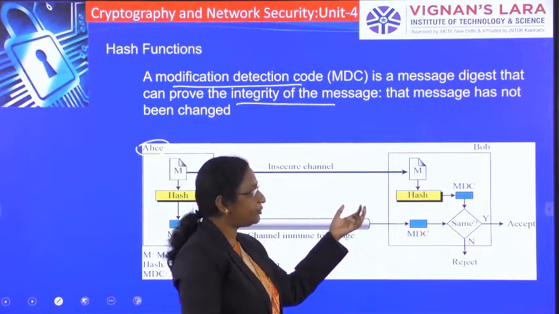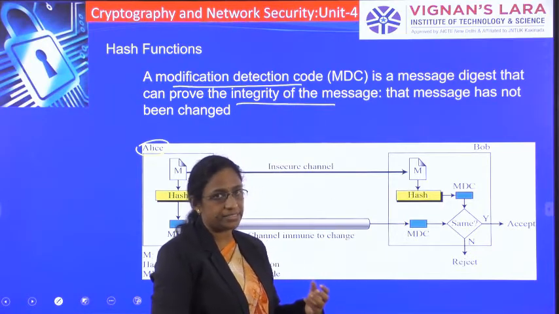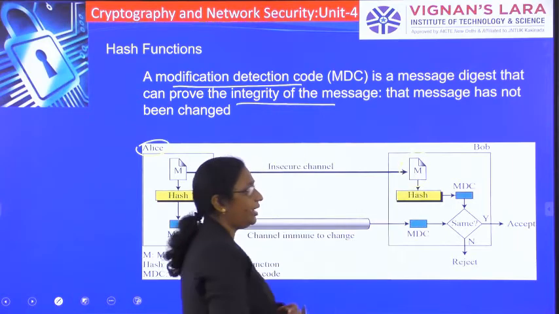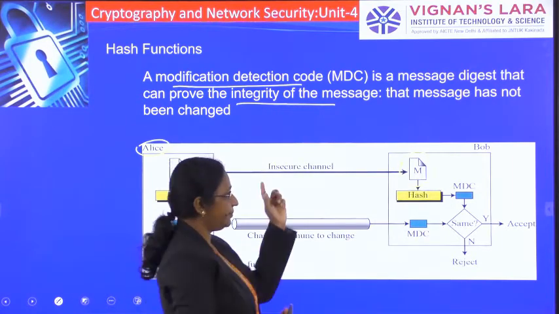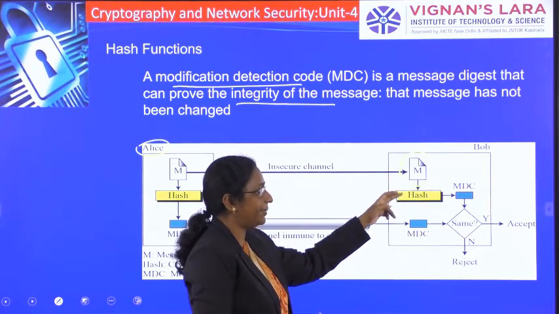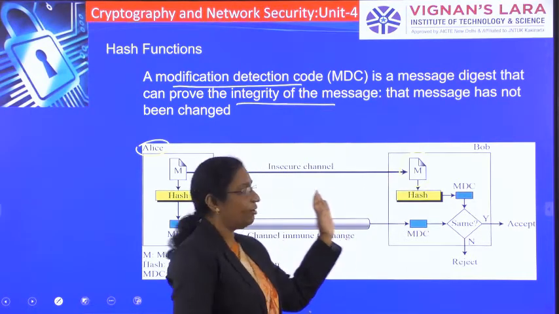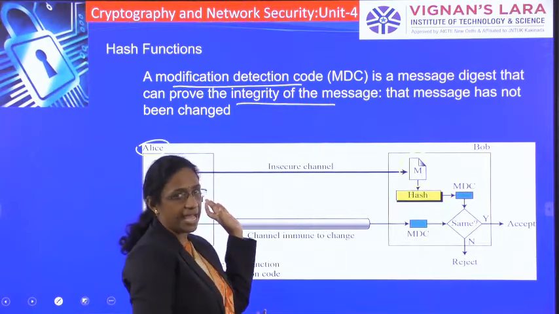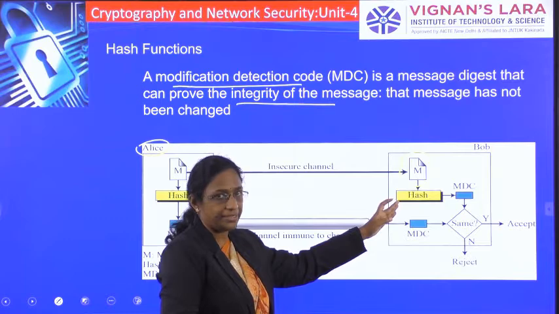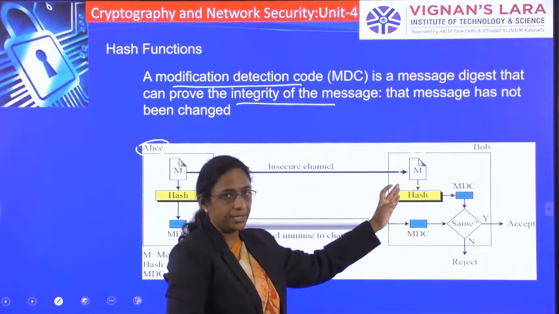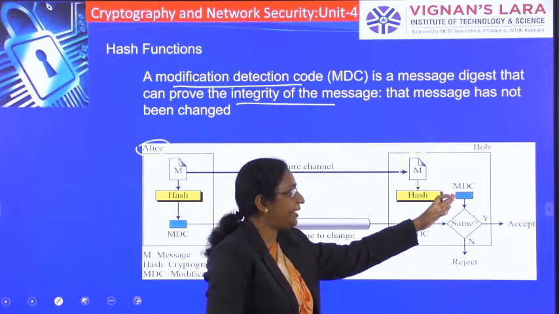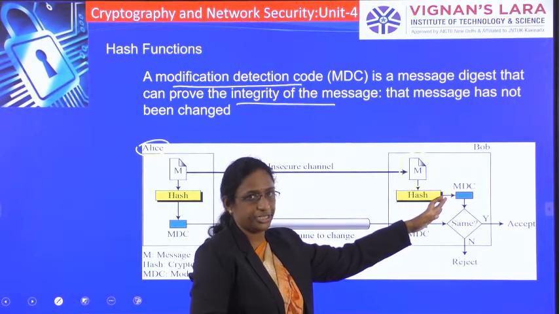To verify that, Bob takes the message M that is sent by Alice, and then applies the hash algorithm. Whatever hash algorithm Alice has applied, the same hash algorithm is applied by Bob on the message M. By applying the hash algorithm on the message M, he gets the modification detection code.